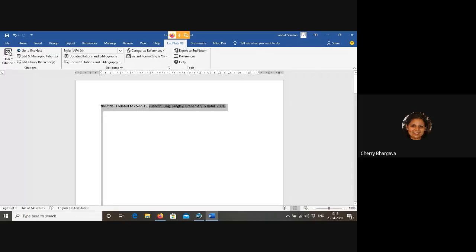So I'm simply going to blank this particular document, and after that I'm typing anything you want to type in it. Okay, so this document is a test document. So this is my first page.